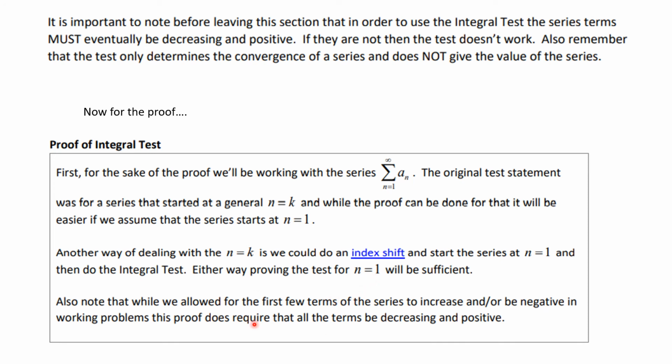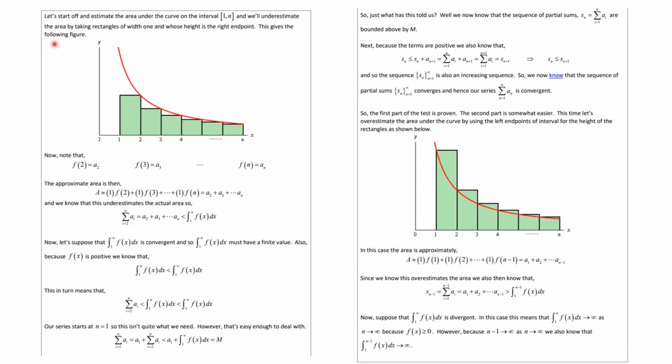And also note that while we allow for the first few terms to increase or be negative when working the problem, the proof doesn't require all the terms to be positive. We're just going to do that, and this is without loss of generality. Okay, so we again take f of 2 to be a2, f of 3 to be a3, and so on and so forth, and we draw this curve. We know it's decreasing, so it looks something like this. We approximate the area